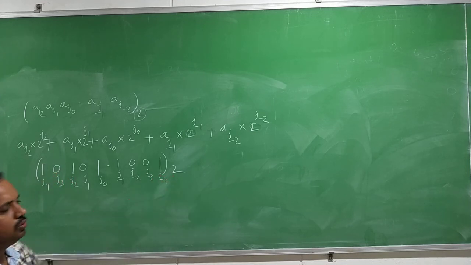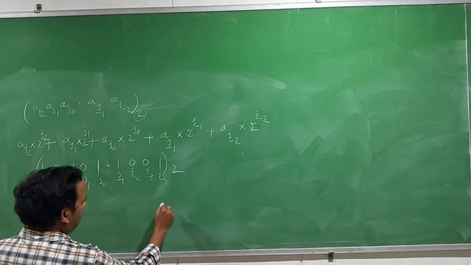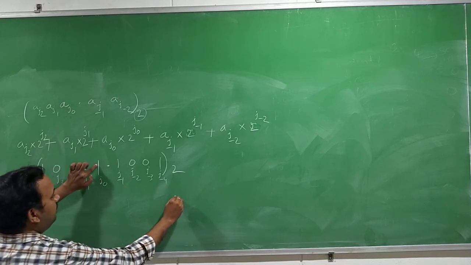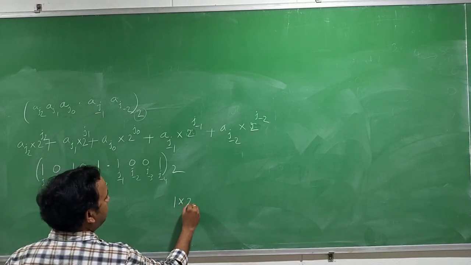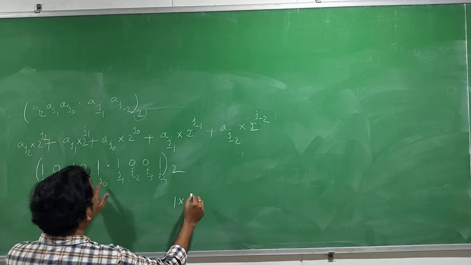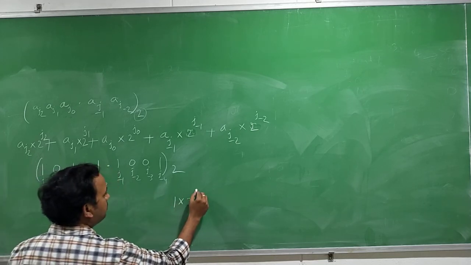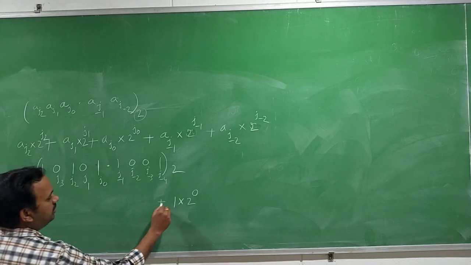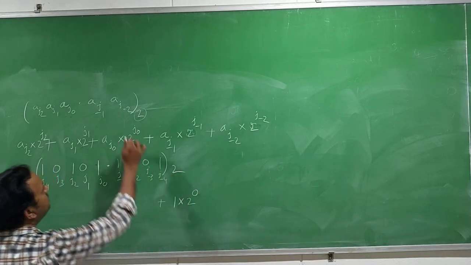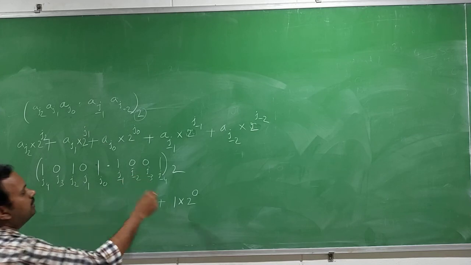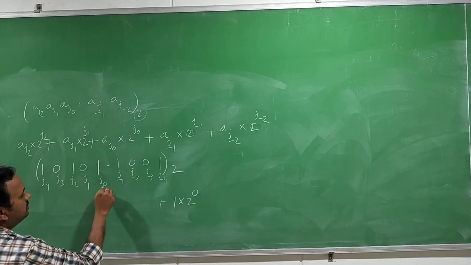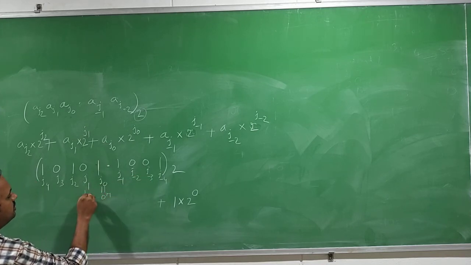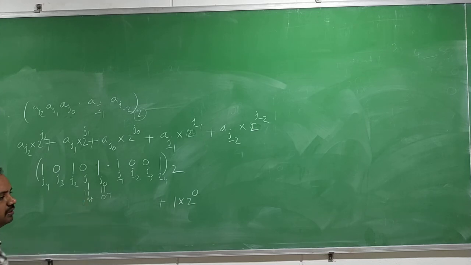The radix is 2. Now I am starting from here. 1 into the radix of this number system, which is 2, and the position is J0. Here I am not writing J0, because J0 is the generalized one. Now I am writing the 0th position. J0 means it is the 0th position. J1 means it is the first position.